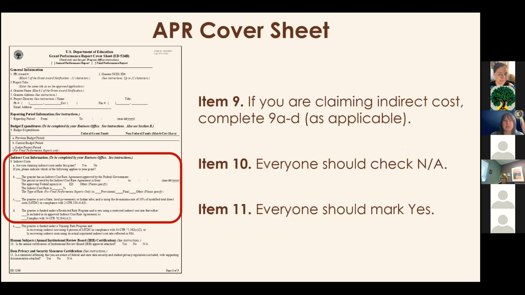Okay, continuing on the same form, but same side of the form, but looking at item number 9. This is about indirect costs. You want to be sure that you're entering in the most up-to-date indirect cost information and then fill out that section appropriately. Sometimes, those indirect cost rates expire, or maybe other things change when that gets renewed. So just double check maybe that you have the most up-to-date information, but don't skip it.